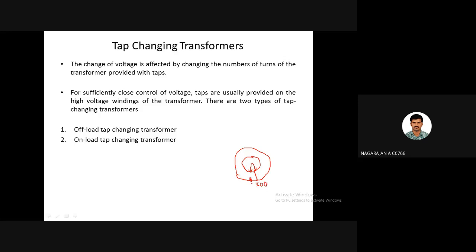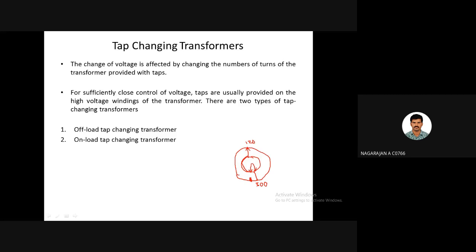Okay. So when you keep it here, it will be 0. And when you keep it here, it will be 300. And out of this, you can keep the contactor anywhere you wish. If I keep the contactor at this point, arrow mark is here, I'll be getting around 120 volts.